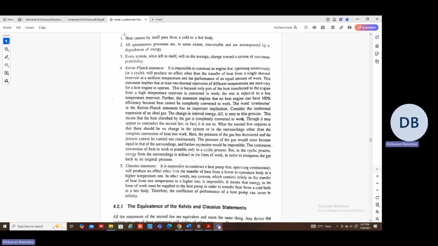Heat cannot by itself pass from a cold to a hot body. All spontaneous processes are irreversible and are accompanied by a degradation of energy. Every system, when left to itself,